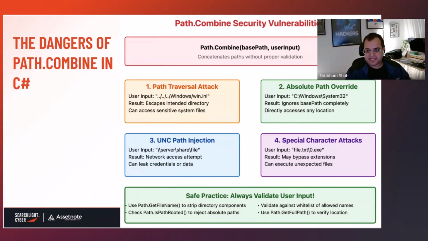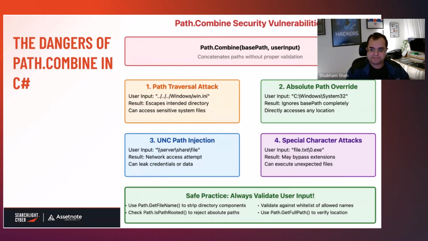Basically, path traversal attacks, absolute path override, UNC path injection, and special character attacks. Really, Path.Combine shouldn't be used when concatenating two paths together, especially if one of them is user input. There are ways to do this in C# that don't rely on Path.Combine. And really, Path.Combine shouldn't be just accepting user input wholesale. It just concatenates paths without proper validation. And in the worst case scenario, it takes the second path as the source of truth if it is an